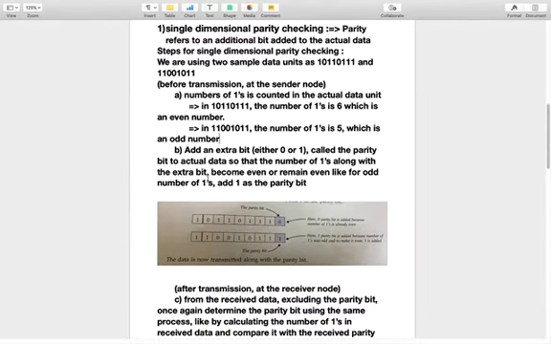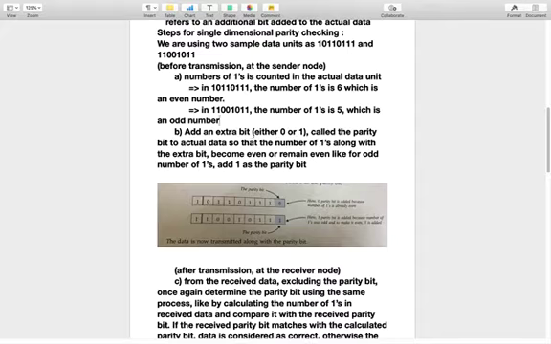Now we add an extra bit called the parity bit to the actual data so that the number of ones along with the extra bit becomes an even number. For odd counts, add 1 as the parity bit. In our first unit we have 6 ones, so we add extra bit 0.